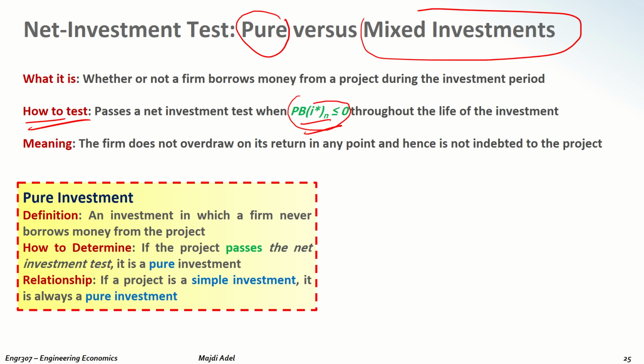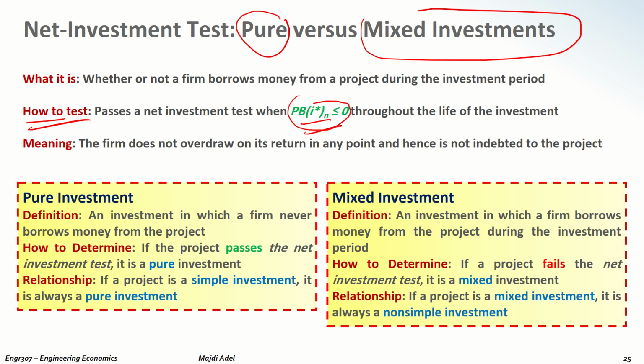How to determine if the project passes the net investment test? It is classified as a pure investment. Or every simple investment is also a pure investment. كل simple investment هو pure investment. وإذا متذكرين, if you remember, simple investment that starts negative and changes its sign one time. المشروع اللي الكاش فلو لما بيبدأ بإشارة سالب بغير إشارته مرة واحدة بيكون simple investment. وكل simple investment هو pure investment، بس مش العكس. تمام؟